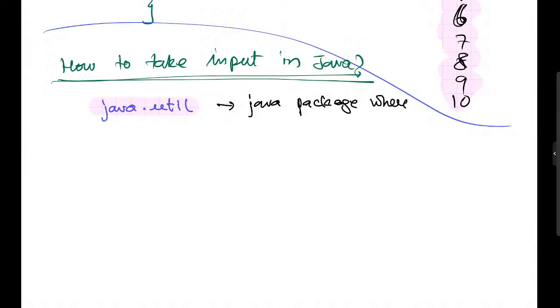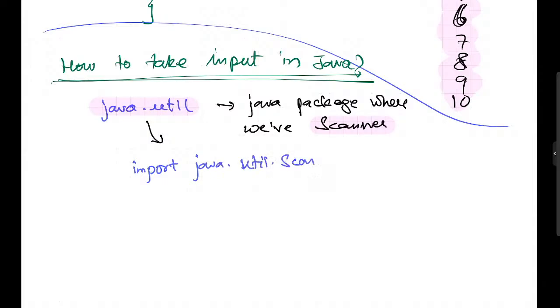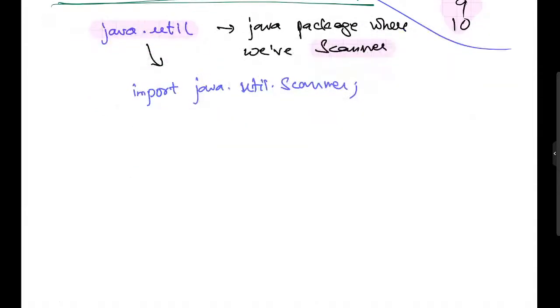where we have Scanner, right? This is the Scanner that you have in the util package. You will just import this. You generally import java.util.Scanner. Once you import java.util.Scanner, you will just write a class, let's say ScannerDemo,